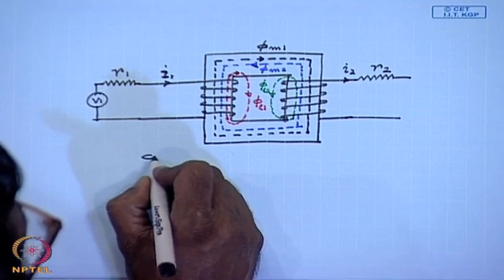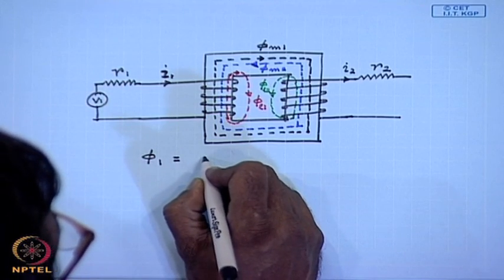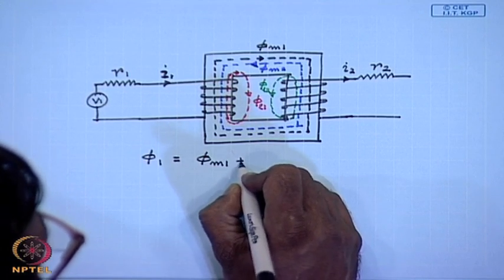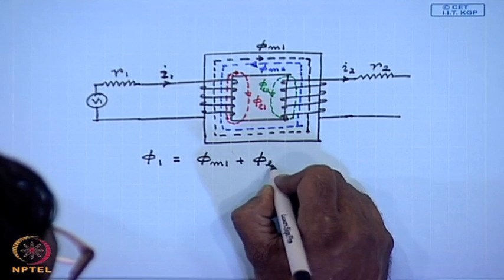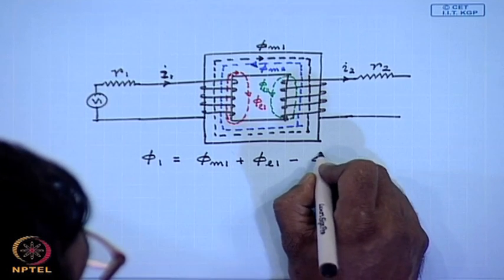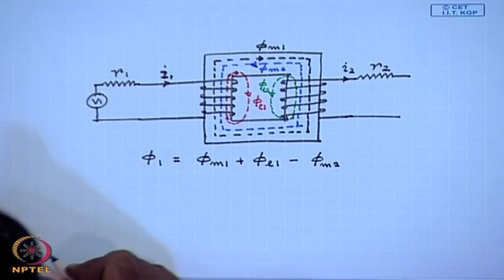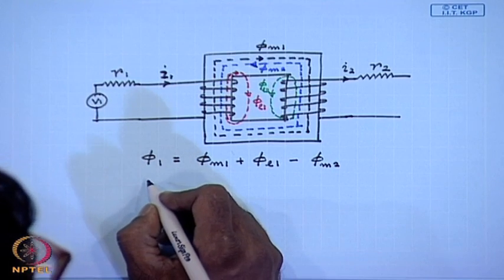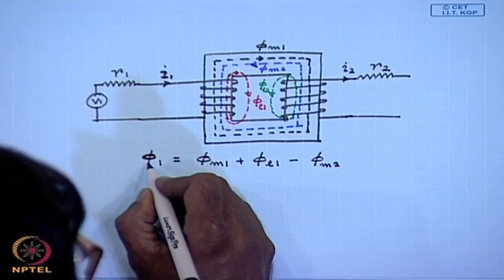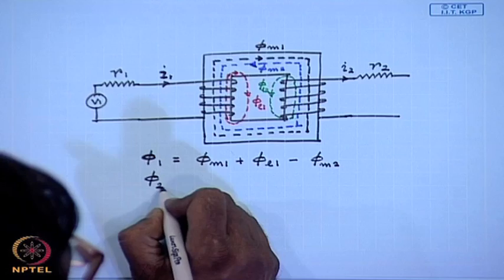Phi 1 equal to phi M1 plus phi L1 minus phi M2. Similarly, the total flux linking coil 2, phi 2, is equal to